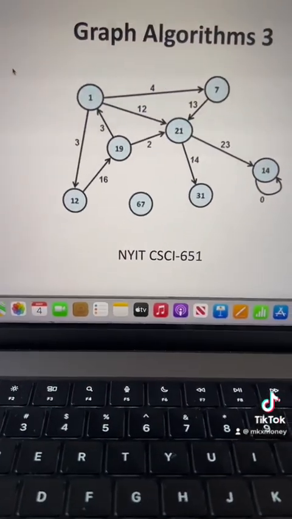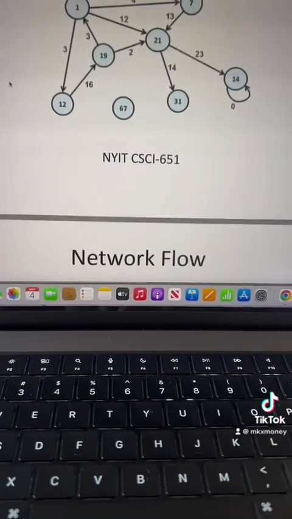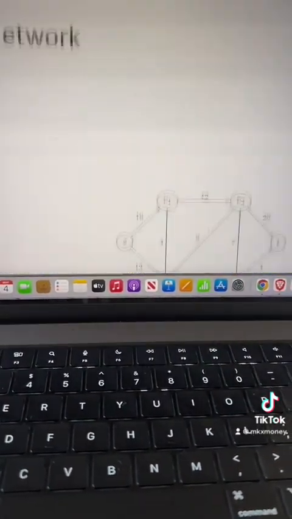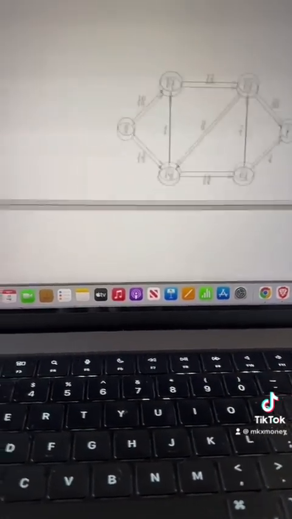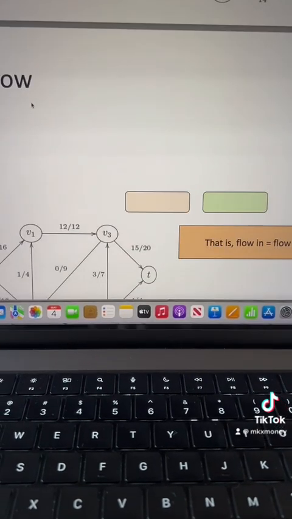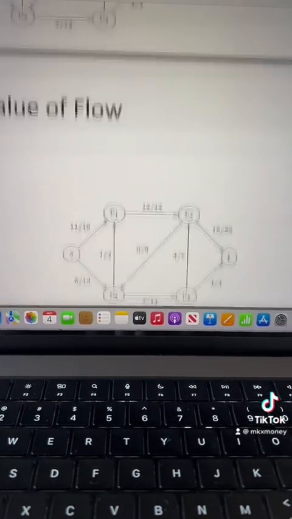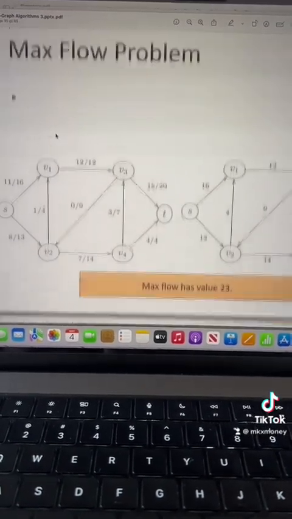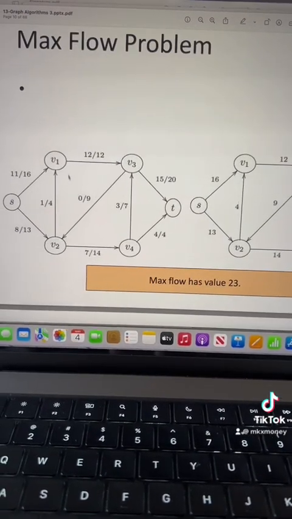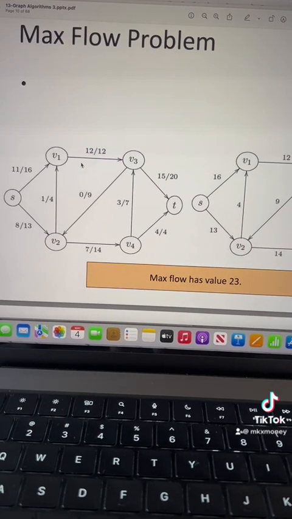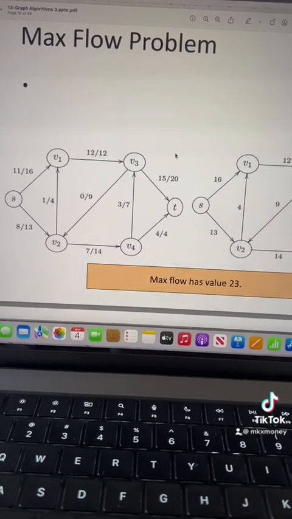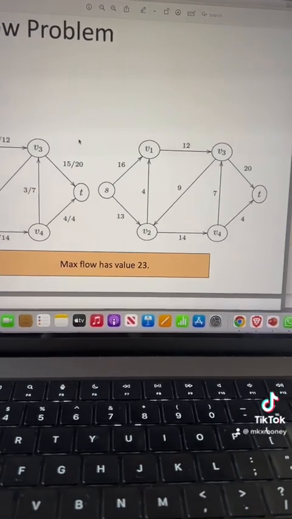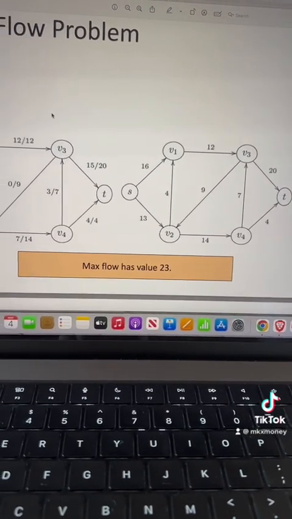This part is actually the graph algorithm part, but it's called network flow. So there are different types of network flows, and you need to find the maximum flow or the min cut. There are different concepts over here, but it is kind of understandable to find which flows better go from where and how can we maximize and optimize the flows and to find the maximum flow in this network,